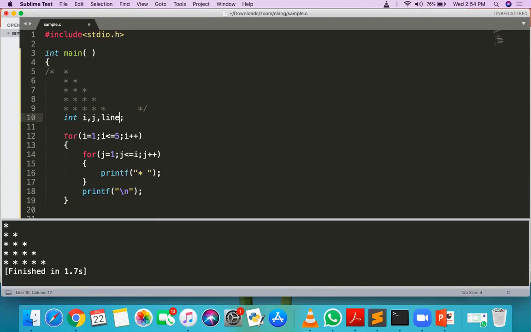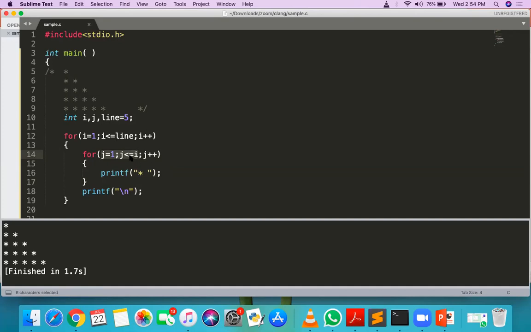But j value will always be 1 only, sir? Will j always be 1 or will it change, sir? j is reinitialized to 1 every time. Every time it goes from 1 to i. Suppose if i is equal to 3, j goes up to 4, but only up to 3 the condition is true.